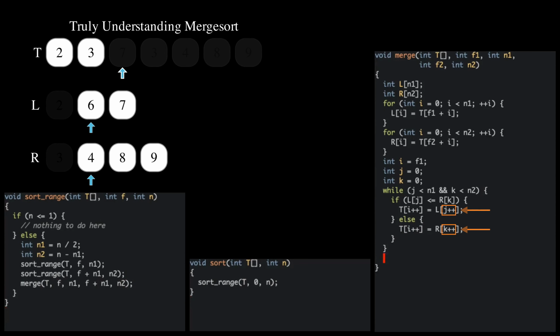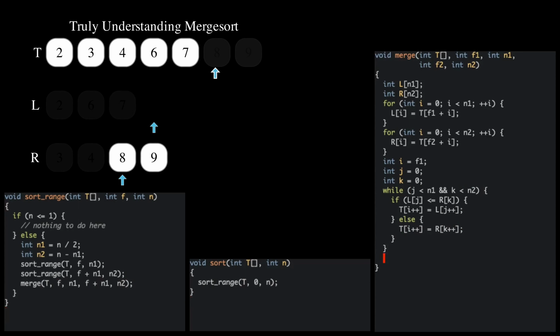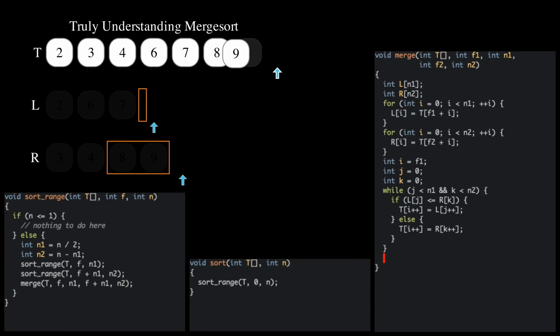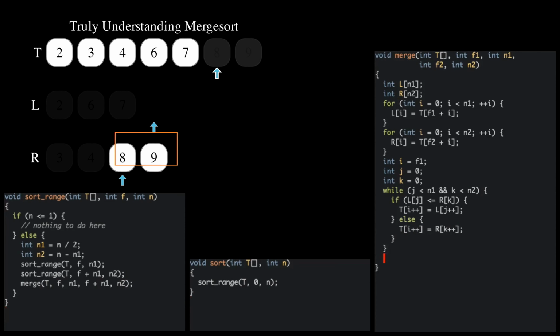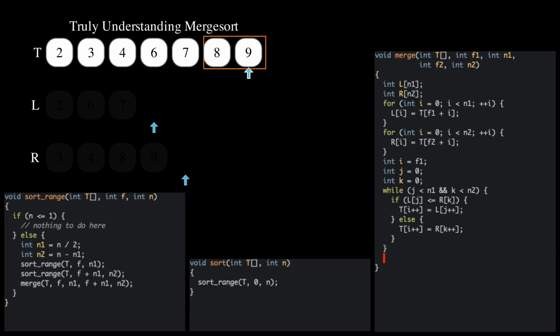As either J or K increases at each loop iteration, at some point one of them will point just past the end of the respective subrange. This makes the looping condition become false and the while loop therefore terminates. At this point, one of the two subranges has 0 elements left in it to be processed, and the other subrange has 1 or more elements. What remains to be done is to copy the non-empty subrange into T. There is no need to check which one is non-empty, we can simply copy both of them, as copying the empty subrange has no effect at all.